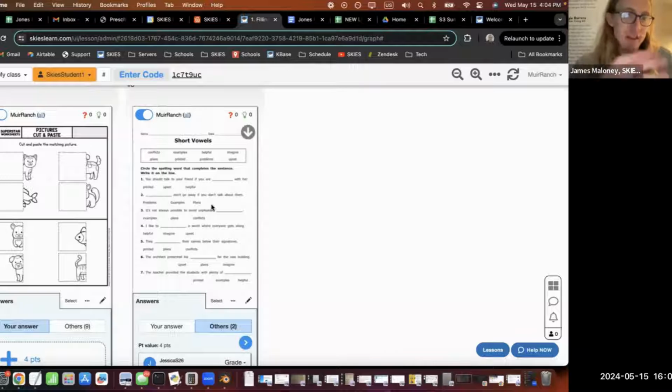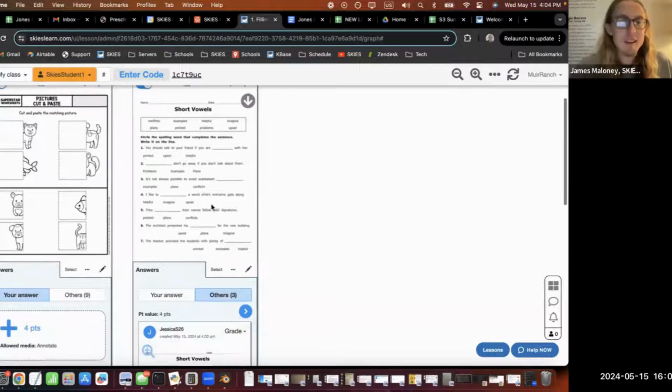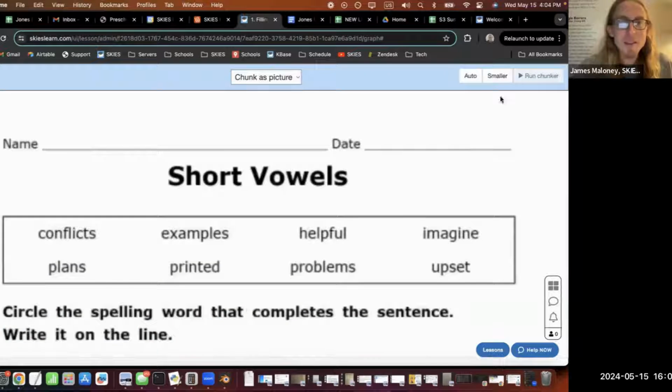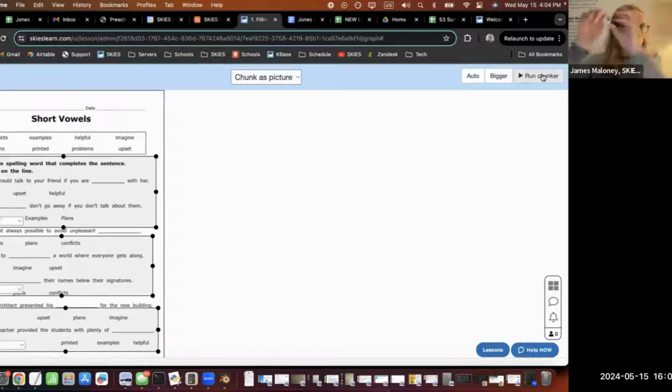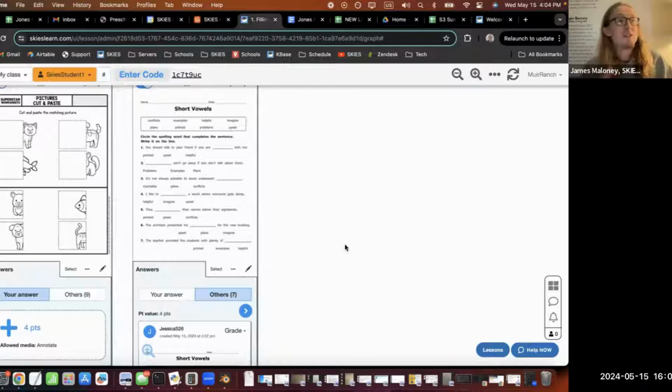While I'm letting you do that, I also want to point out one thing that teachers tell me they hate about worksheets: it's kind of all or nothing. They wish they could mask the worksheet or chunk it into pieces. Skies actually has this ability to chunk things, so I can take the worksheet and break it down into several different pieces. I could say, run the chunker, and it would break it up into three different pieces, so maybe I get the kids started with the easy one, and if the kids finish early, I let them work on the more advanced ones.